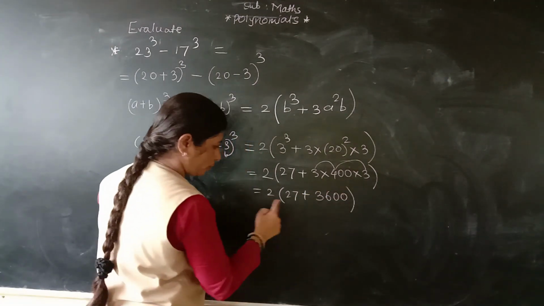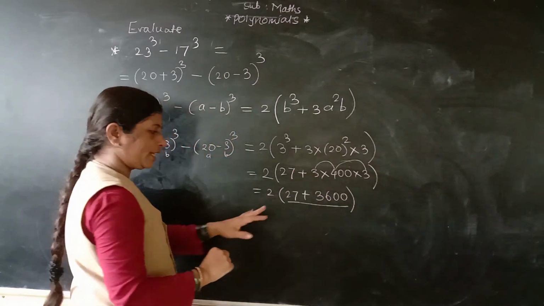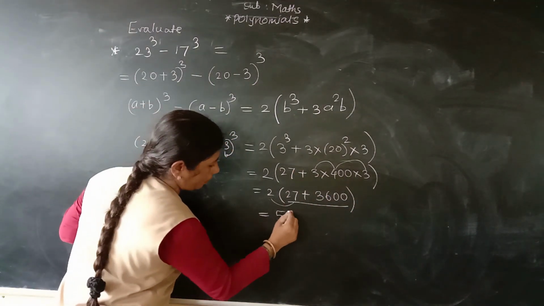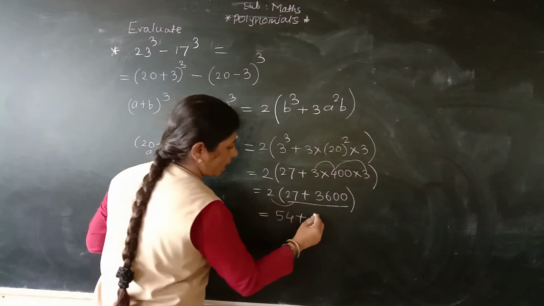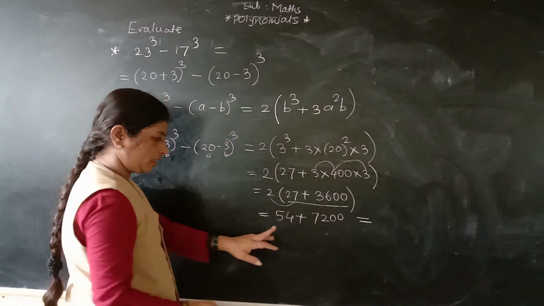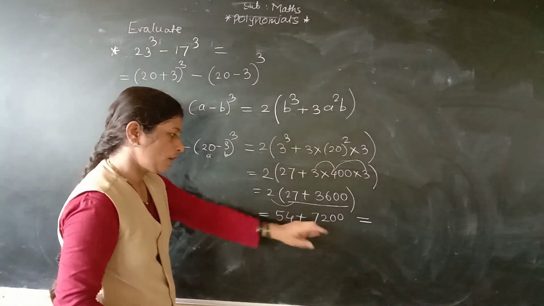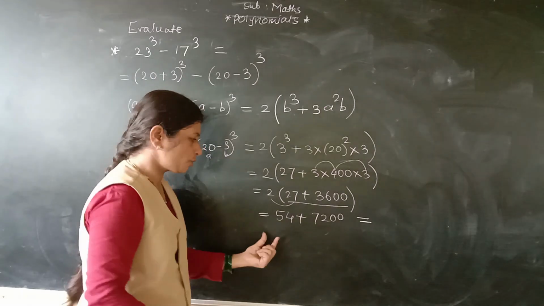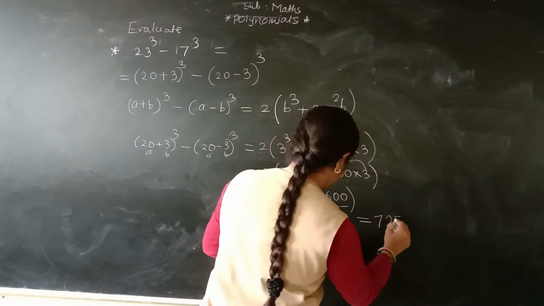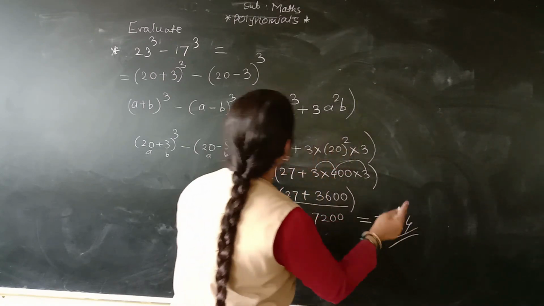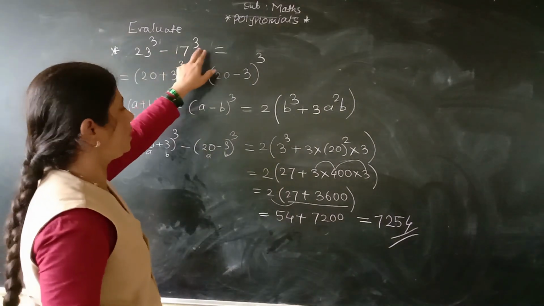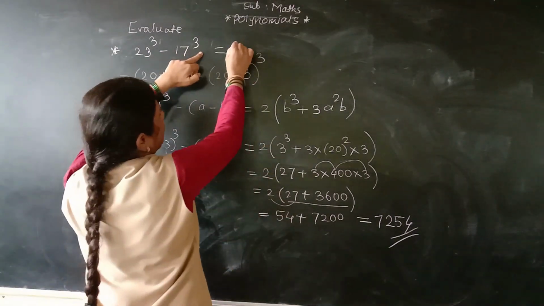3600. Okay. You can do the addition of this number and then multiply, or here 2 27s are 54 plus 36 2s are 72, and this 00. Okay. So here what is the addition of this? 72 and this 54 we will add here, right? 7254. So this is the value of a cube minus b cube, means 23 cube minus 17 cube. Okay, so what?